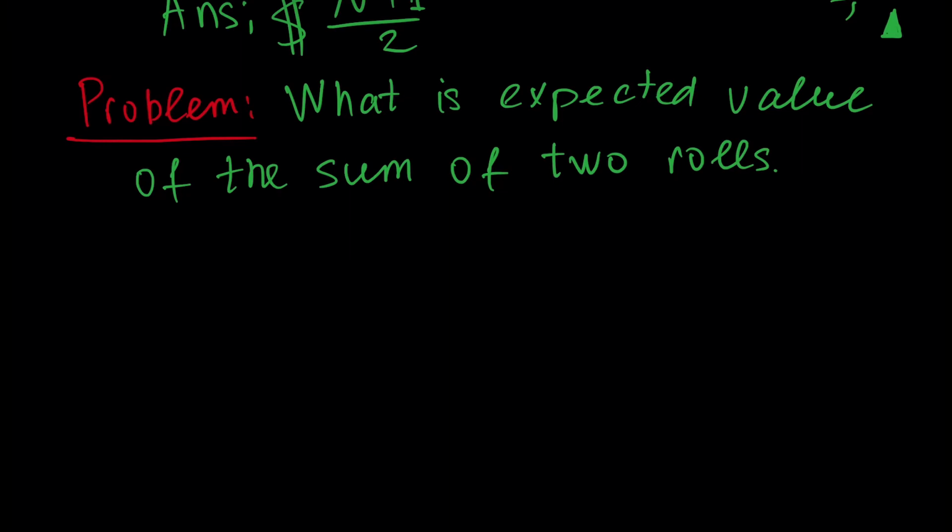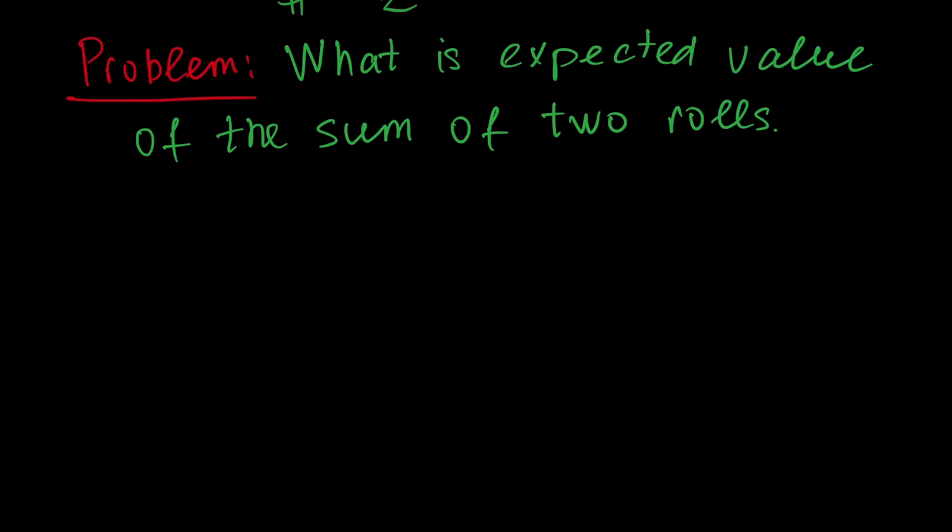What does it mean? In previous problems, we assumed that we have one roll and we roll our die one time. Here, we roll once, then we roll a second time, so we have two rolls. And what is the expected value or expectation of the sum of two rolls,